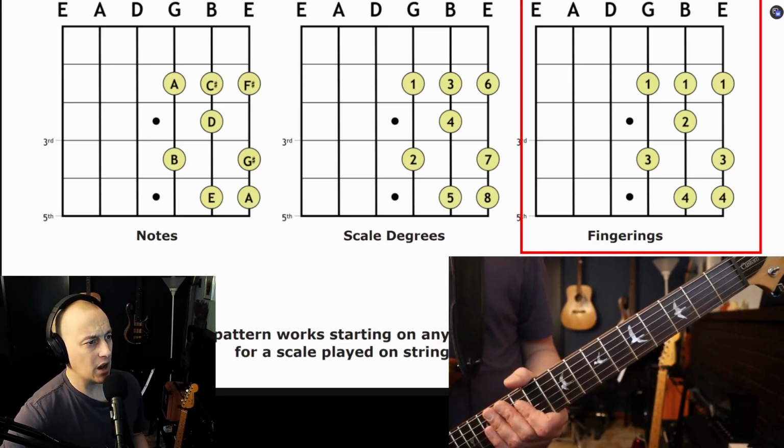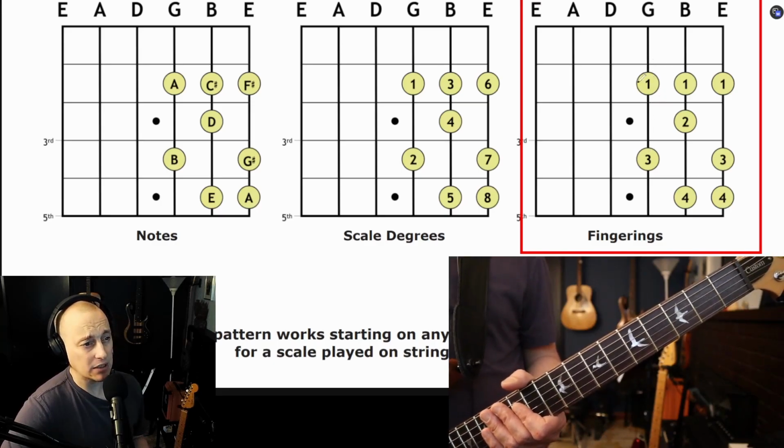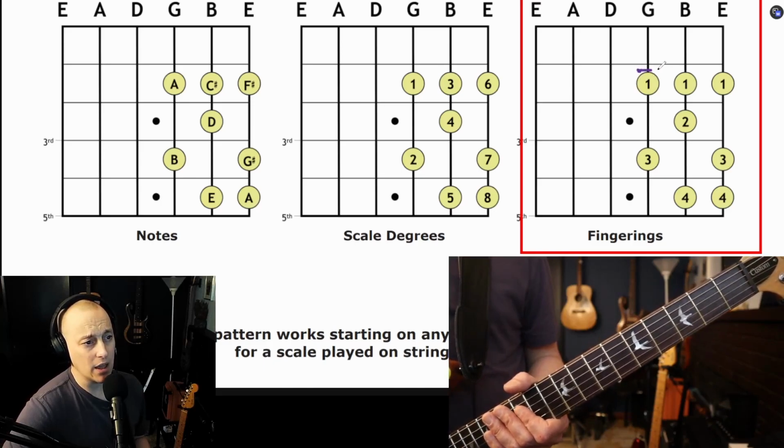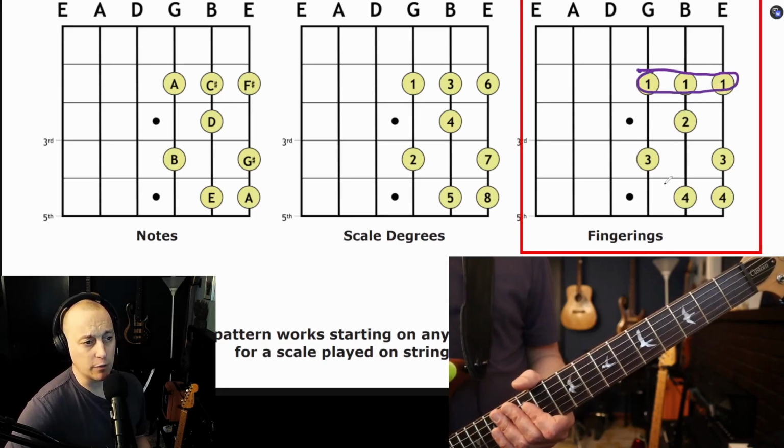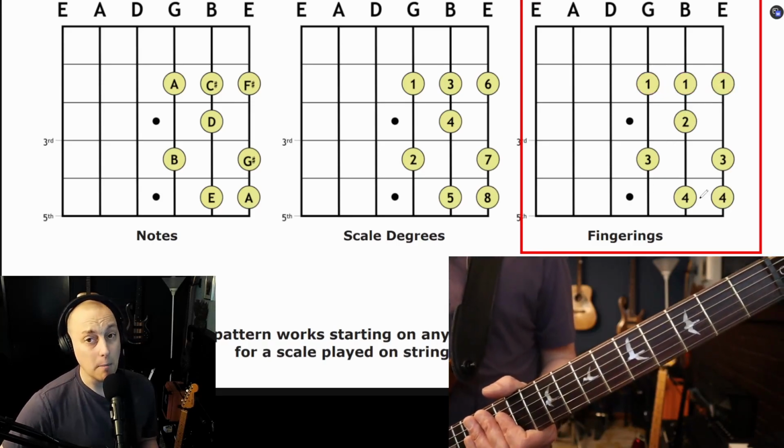Now, I mentioned we would not have to use a position shift in this pattern, but we have to start off a little bit differently. So starting on finger 1, that finger is going to be assigned to that fret the whole time. And 2, 3, and 4, these are all assigned to a single fret the entire time. But we're going to have to start on